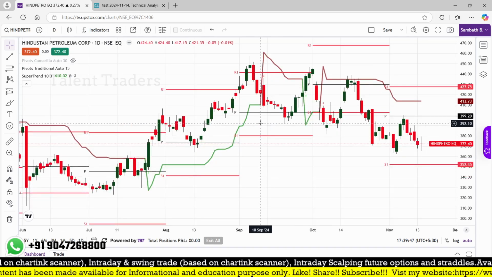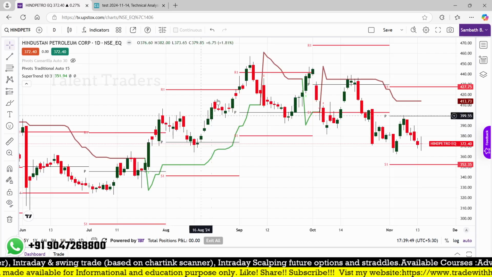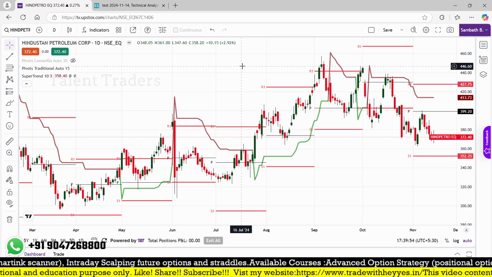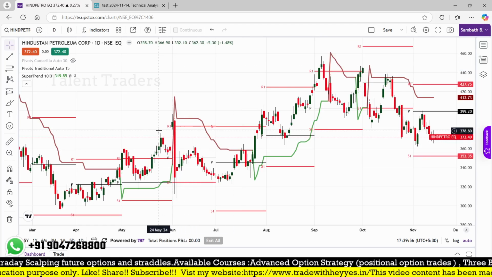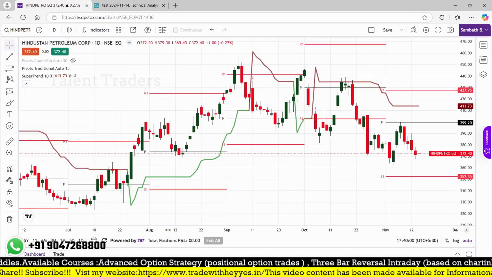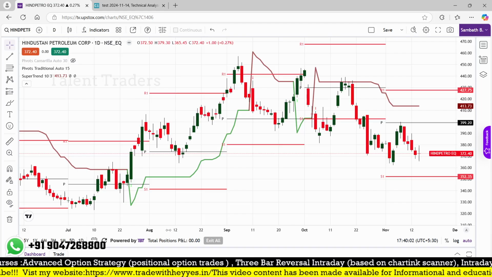Okay, and previously, any other thing? So here is one more thing, and it is giving you such a good opportunity. Okay, so what other changes? But this is the exact condition for that swing trading, so that you can look for an opportunity. What we have taken is that the super trend should be in buy,